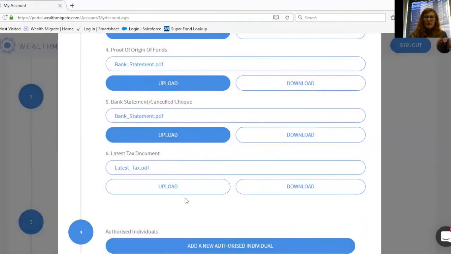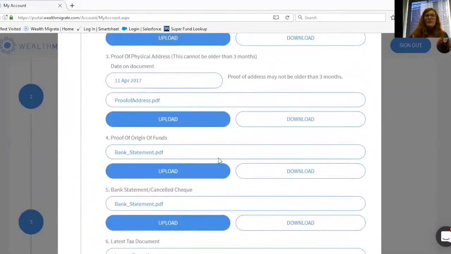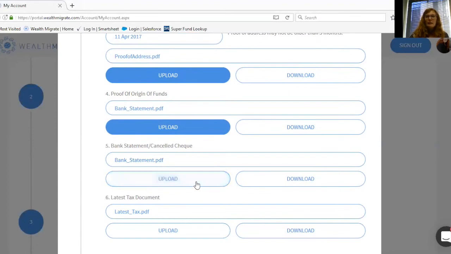If your company is not tax registered, you can draw up a letter, again, explaining the reason why it's not. Maybe your managing agent can confirm that on their letterhead in a letter, and we can upload that then. There will be more documents required. Once we've received these basic documents and we've looked at them, we will come back with a list of documents